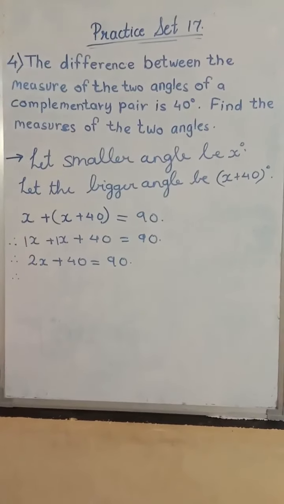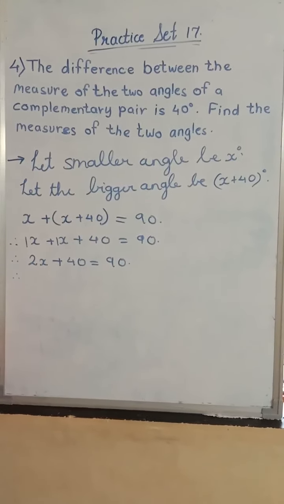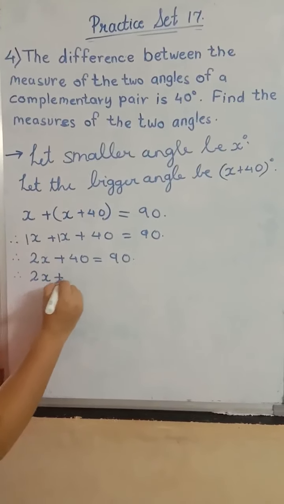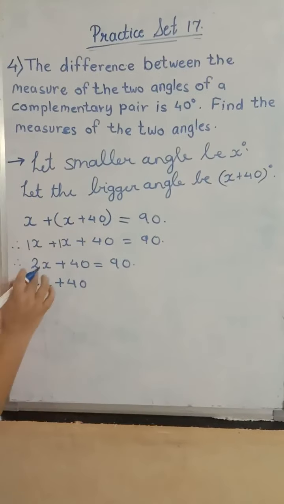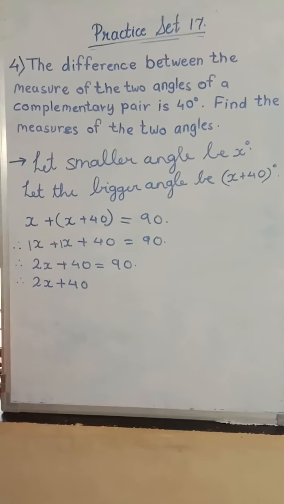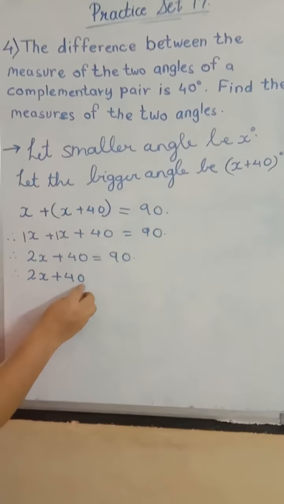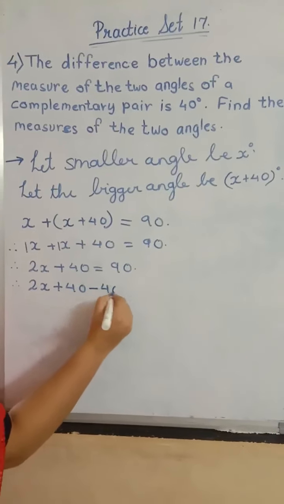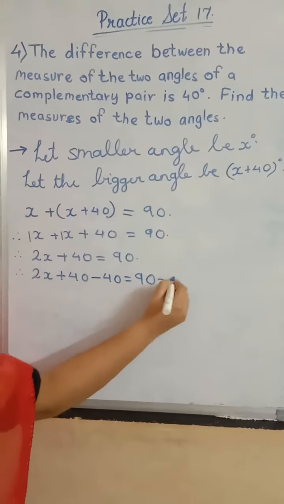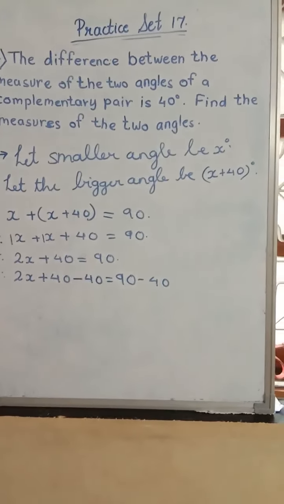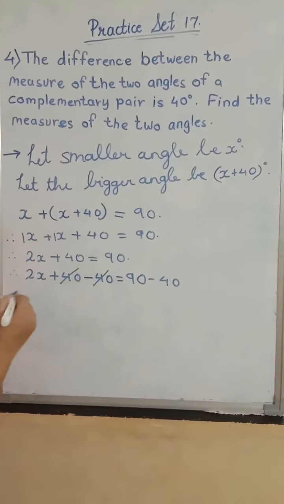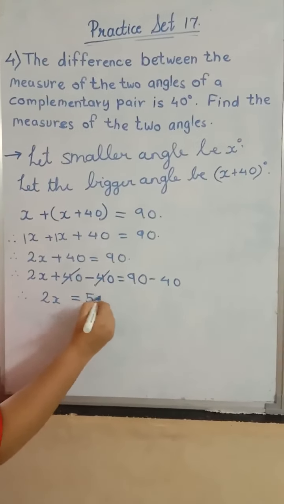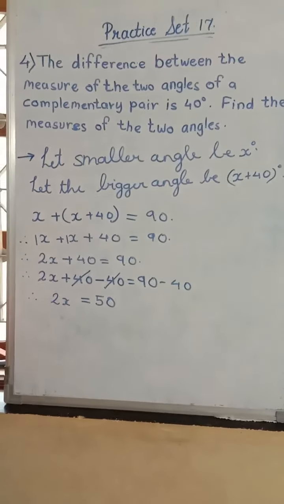So first we will remove plus 40. How can we remove it? Write 2x as it is. Write your LHS as it is. Now first we will try to remove plus 40. What is the opposite of positive 40? Negative 40. So on both sides you will subtract 40. Did you understand here? So plus and minus will go. What is remaining? 2x. Now on the other side, what is remaining? 50. 90 minus 40 is 50.